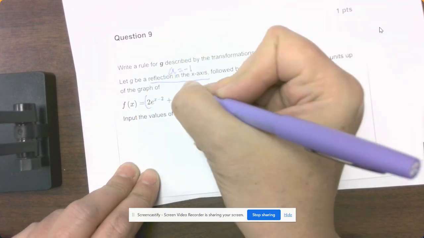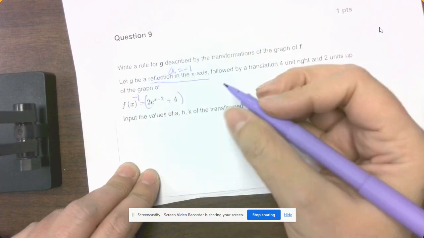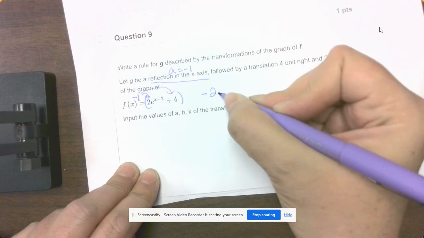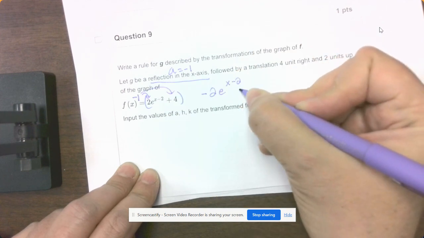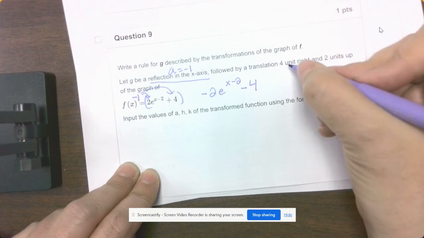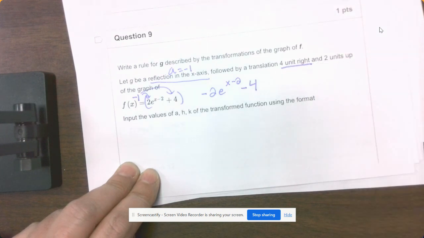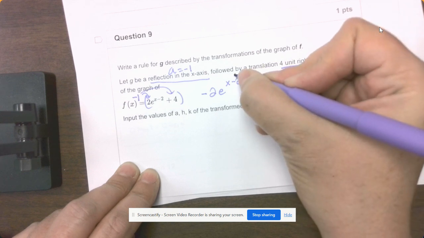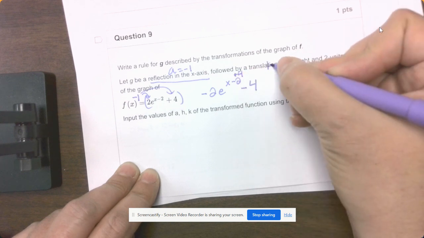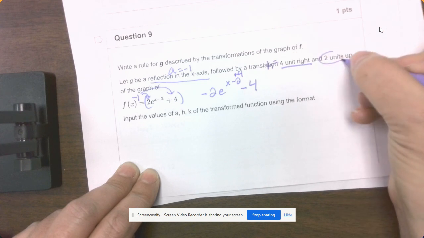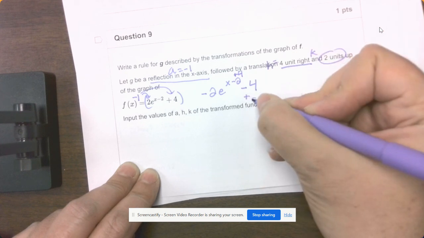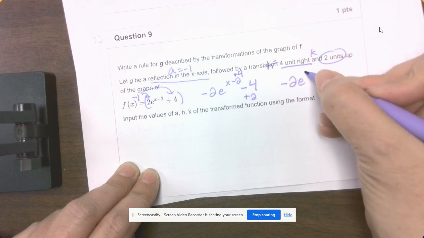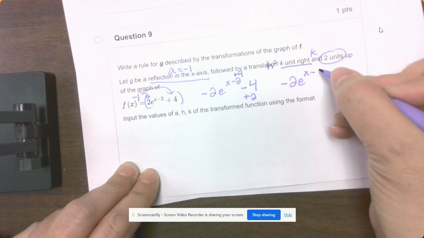So I'm going to multiply this whole thing by -1. So we're going to get -2 for a, -4, right 2 units. So right 2, that means we're going to add 2 to this one. Everybody, that's our h value. And 2 units up, that's our k value. So we're going to add 2 to this one. So we're going to get -2 log x minus 6